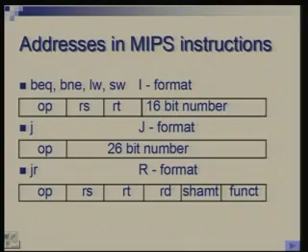Okay. Now, let us get back to this range of instructions we have talked of and see how address is being actually specified in these. So, we have so far seen branch instructions, EQ, NE comparison. I will not look at BLT, BG and so on, because they are ultimately built using BEQ and BNE. Then we have load store instruction, which all used I format, where a 16-bit number was specified and that was used in computing the address.